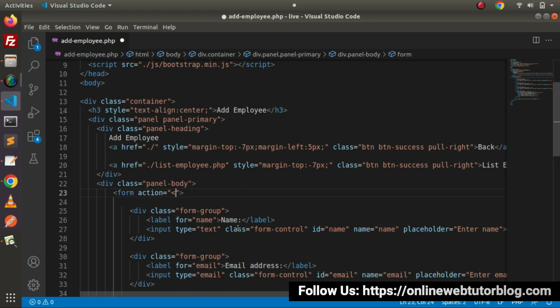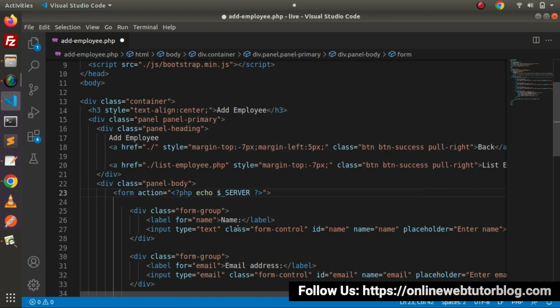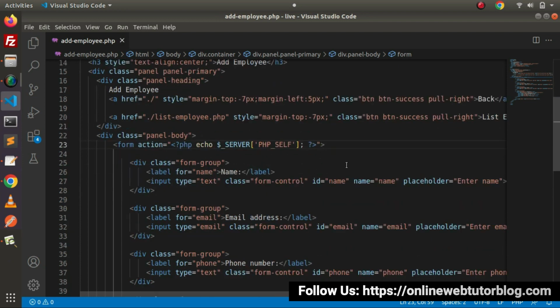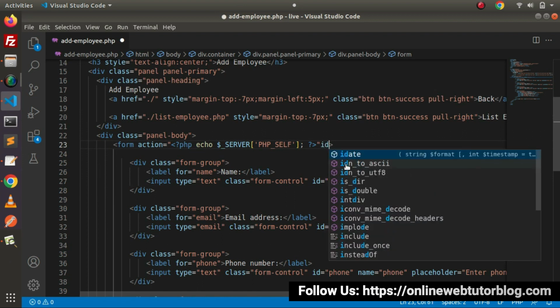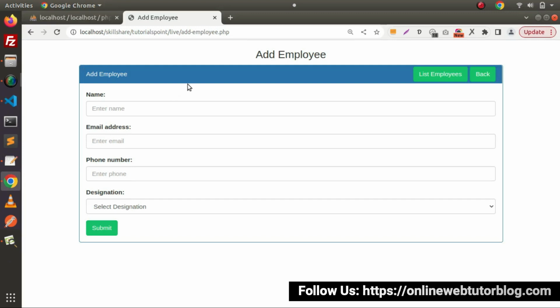So I will use PHP echo. We will use the global server variable of PHP, and inside this we will pass PHP_SELF. Also let's specify an ID attribute, so this will be the ID frm-add-employee. Now if we save this change, go and reload, and inspect this form,